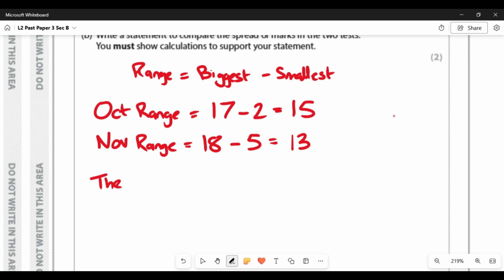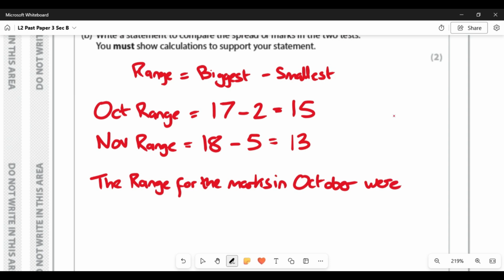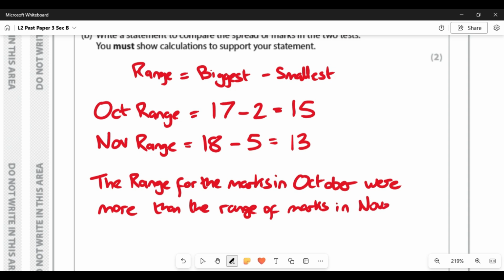the range for marks in October was bigger than the range of marks in November. And you could mention which one is more consistent. So if it was bigger in October, that means it's less consistent than November. So therefore,